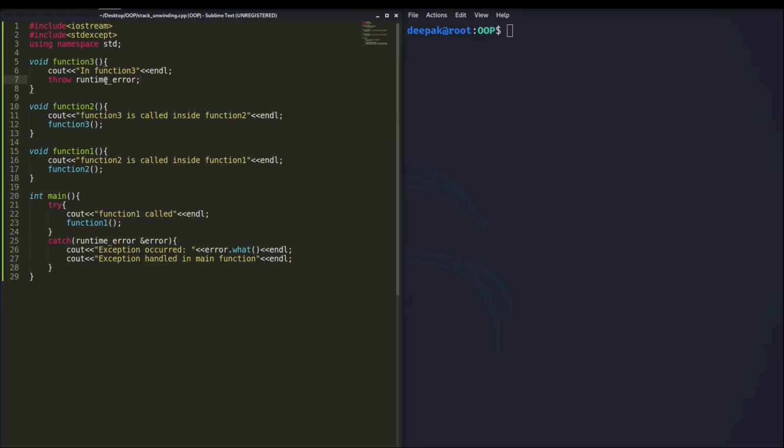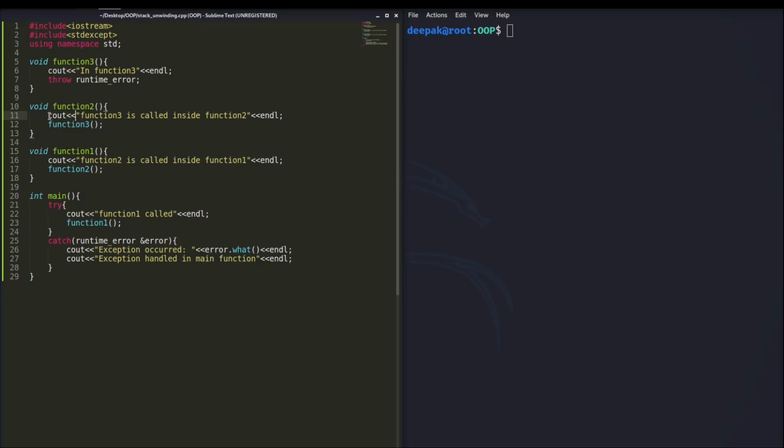Now you can see the exception is thrown from here but is not caught in this scope. So what will happen here, this will make an attempt to catch the exception in the next outer try catch block. We don't have any try catch block here, so it will think that the caller function could have such a try catch block. The thing that is happening here is called stack unwinding. Unwinding the function call stack means the function in which this exception was not caught terminates along with all local variables, and this function will be destroyed, right? And the control will reach the caller function. The caller function is function 2, and the control will reach this function.